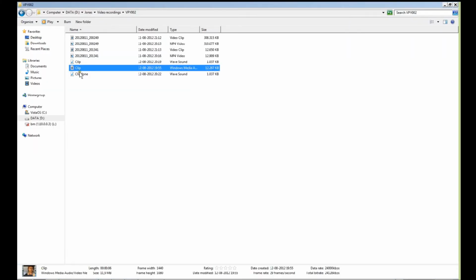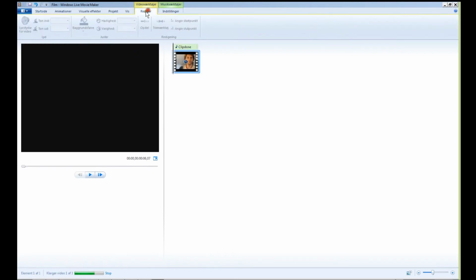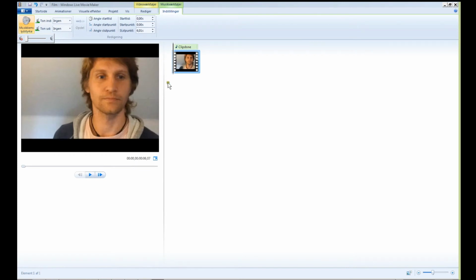Then you select the clip you just cleaned up. Add it as background music. Place it at the beginning. Then you will go and mute your audio, and then see the finished result.